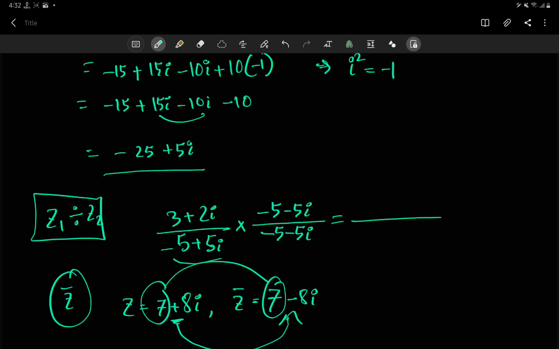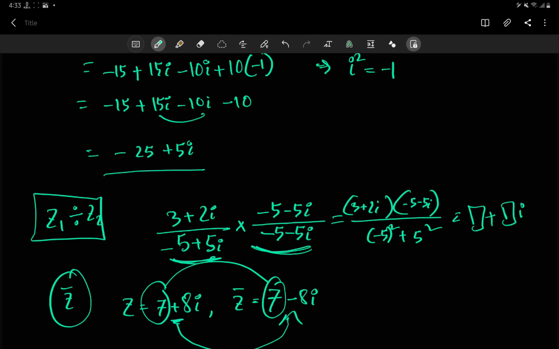But the fact is, if we multiply a complex number by its conjugate, we have (-5) squared plus 5 squared, and on top you have two complex numbers multiplication, like 3 + 2i times -5 - 5i. And if you go through the calculation, it's going to be something like something plus something i. It's going to be still a complex number, but this is kind of slightly